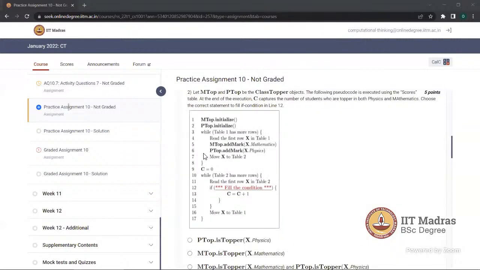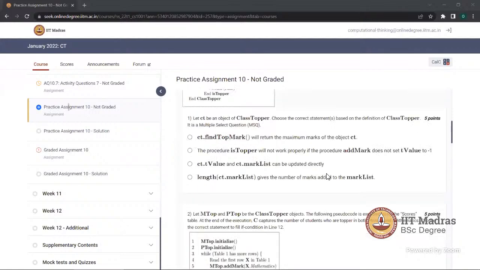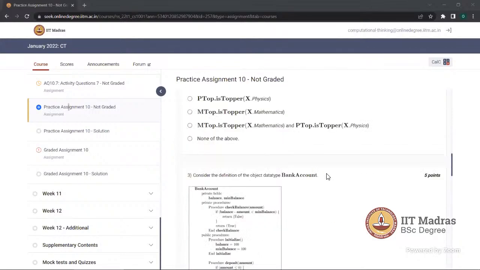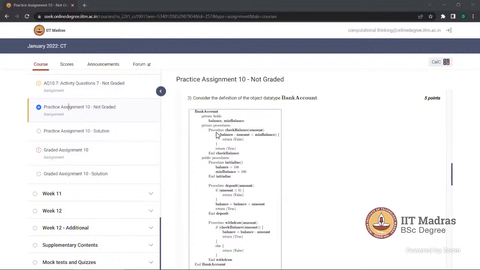Here we have a procedure check balance, sir. Why are we writing the if-else statement like this? If balance amount, return false, else return true. Why are we not mentioning the else word here? In procedure check balance, starting with if, if this is true, you're returning false. Otherwise, you're returning true, right? But for otherwise, the else statement should be written, no, sir? Why are we not writing it?